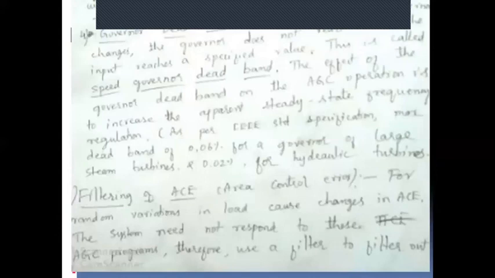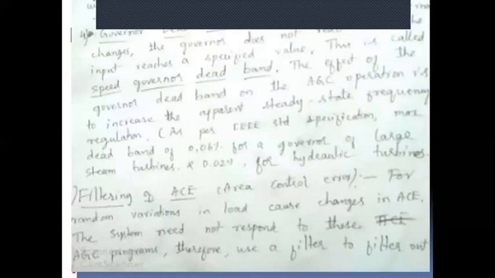The effect of the governor deadband on the AGC operation is to increase the apparent steady state frequency regulation. See, this frequency regulation should be very small. As per IEEE standard specification, the maximum deadband is 0.06% for a governor of large steam turbines. For steam turbines, it is slightly more as per IEEE standard, whereas for hydraulic turbines, it is 0.02%.